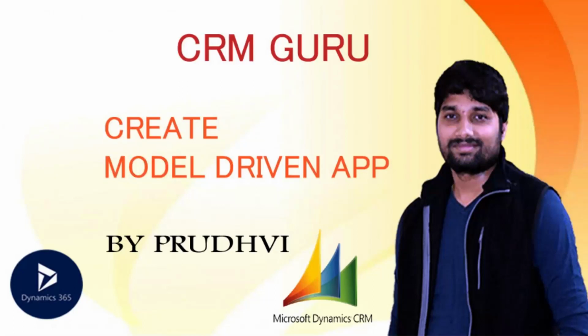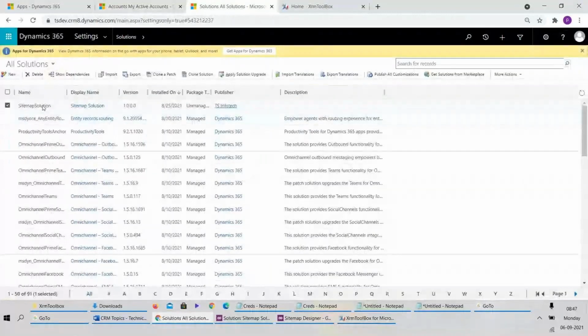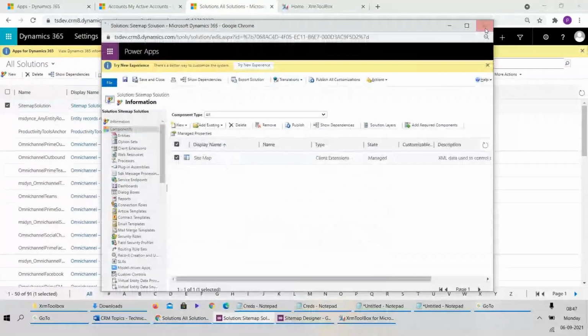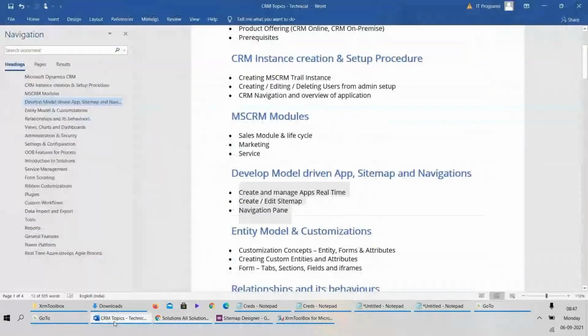Hi all, today let's discuss how to create a new model-driven app in Dynamics 365. Like the sitemap solution we created, and inside that we placed a sitemap here, in the same way we are going to add one solution. As I told you, whatever changes we are doing, there is a concept called